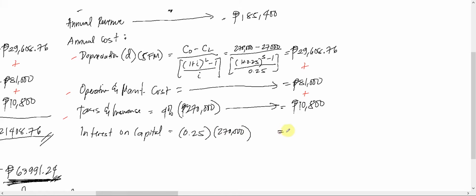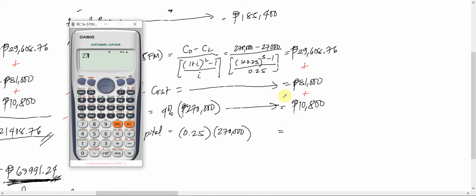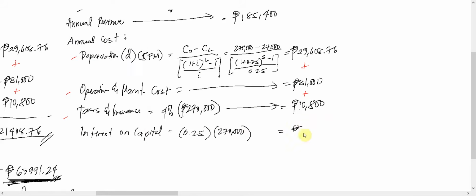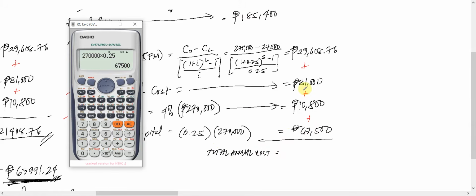So, that is 270,000 times 0.25, that is 67,500. Okay? Then, i-add lang natin yan for the total annual cost. So, add lang natin 67,500 plus 10,800 plus 81,000 plus 29,608.76. So, the total annual cost for this problem is